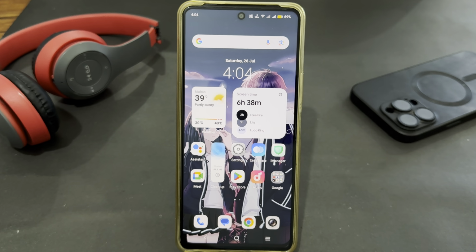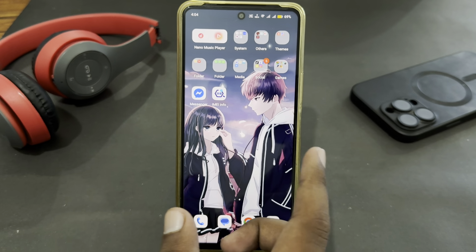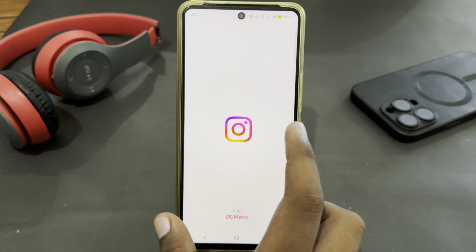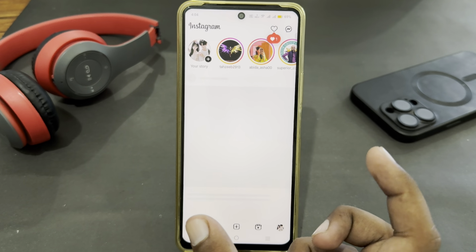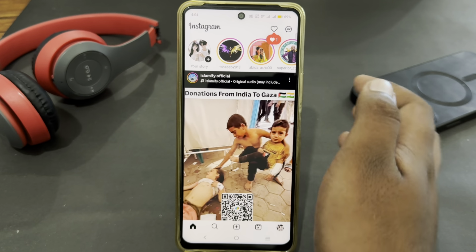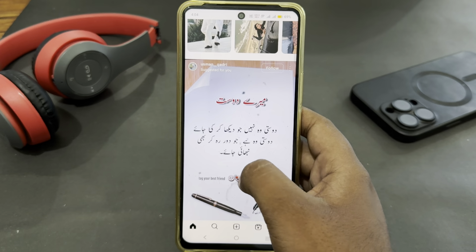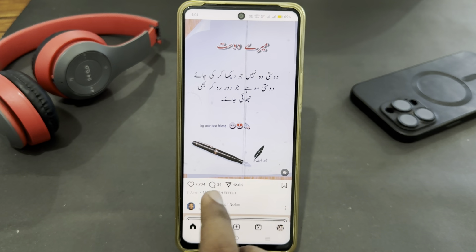So today I'm going to tell you how to tag someone in an Instagram comment. If you are using Instagram and now you want to tag someone, let's see how you can do this. You just have to open your Instagram app, and here you have to select the post on which you want to tag anyone. As I'm going to select this one, just select the post, and here just open the comment